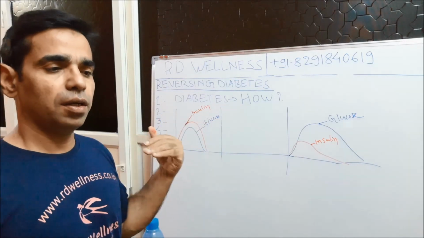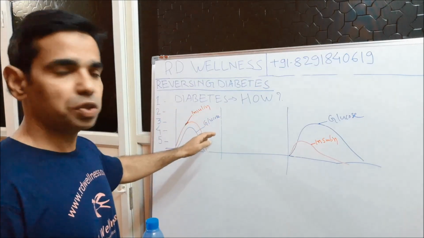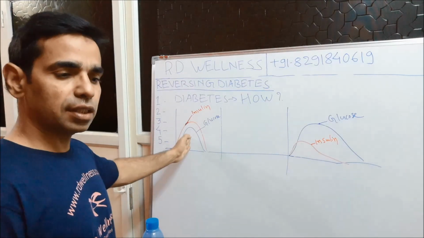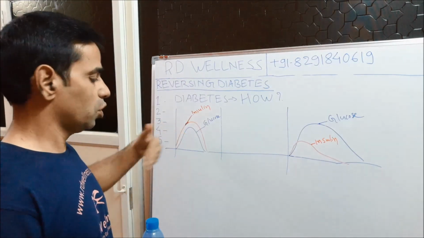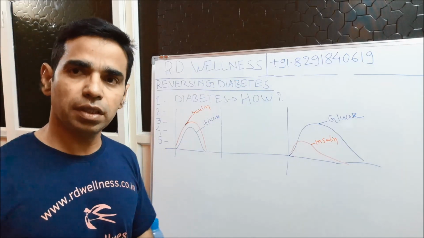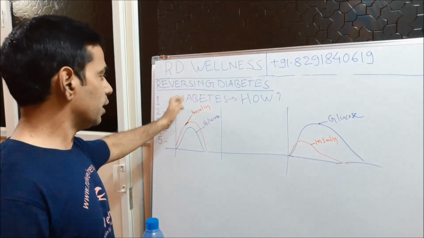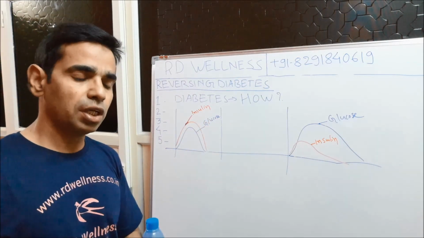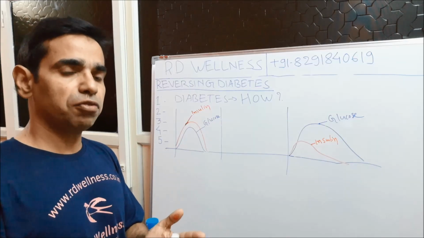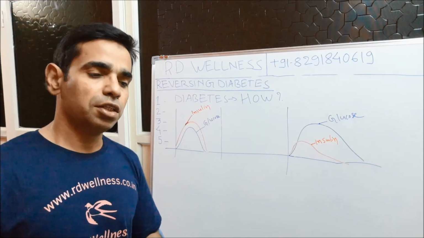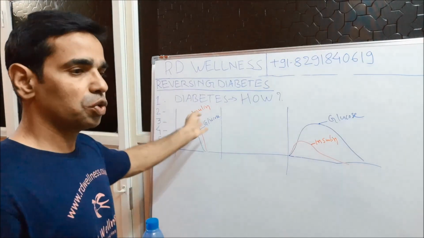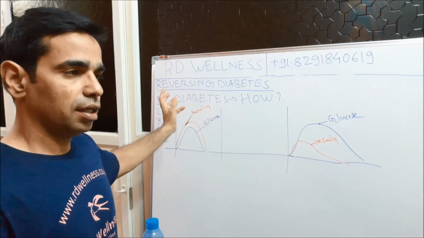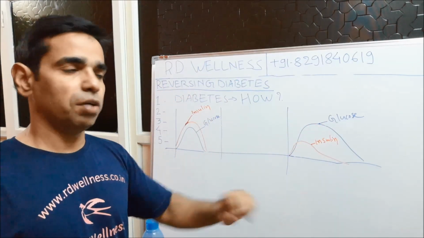So let us come to the second part, and that is how diabetes occurs. If you see the response between the insulin and the glucose, a typical healthy body will have this kind of response. The moment glucose enters the blood, there is also a release of insulin in the blood, and the insulin leads to removal of glucose from the blood so that it comes back to the normal range. This removal is done in three different steps that we just discussed. The first is some part of the glucose goes inside the cell, some other part goes to synthesize glycogen, and the remaining part, whatever is left, goes to form fats.